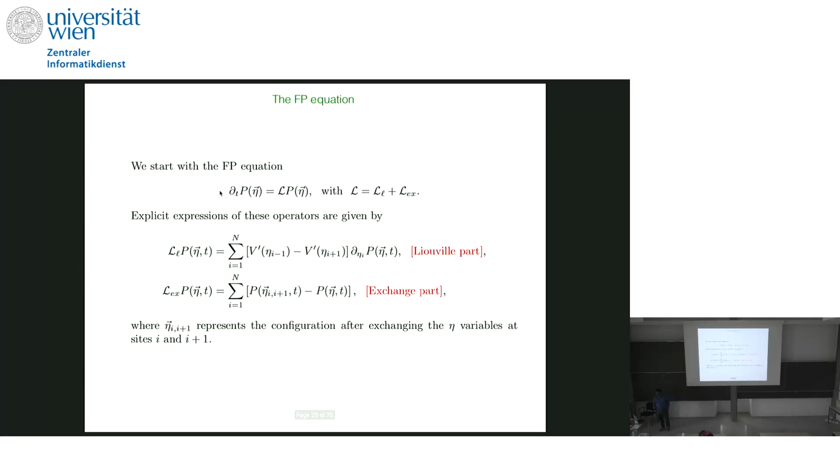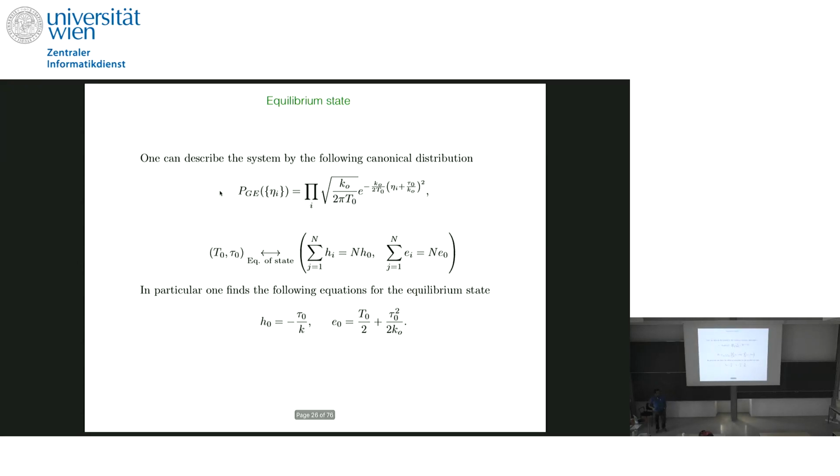Okay, so it has been shown that this dynamics is ergodic, with very good ergodicity properties. So it actually thermalizes very well. The system can be described by an equilibrium distribution, equivalently by a canonical distribution, characterized by some global temperature and pressure, which you can find from the microcanonical constants that you give the system, the total volume and total energy. H naught is the volume per particle, and this is the energy per particle. In fact, you get these equations of state in equilibrium: this is the volume, this is the pressure, this is the energy, this is the temperature.